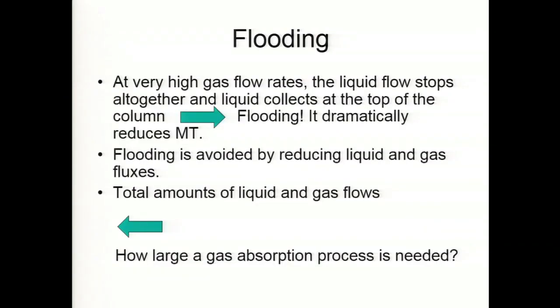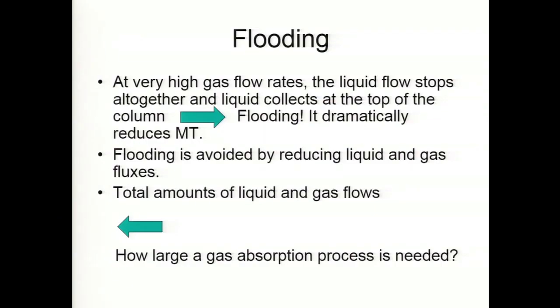If you continue to increase the gas flow rate counter current to the liquid flow rate, at some point of time liquid would be prohibited from flowing down. The drag will counterbalance its movement and it will start accumulating or flooding the column, at which point of time your column will lose all its efficiency for mass transfer. That, we will say, is a disaster we have to avoid at any cost. Now, the total amounts of liquid and gas would be involved in this flooding. Okay.